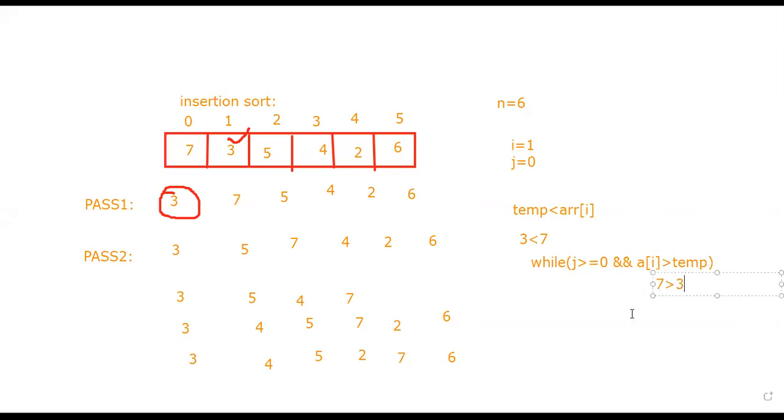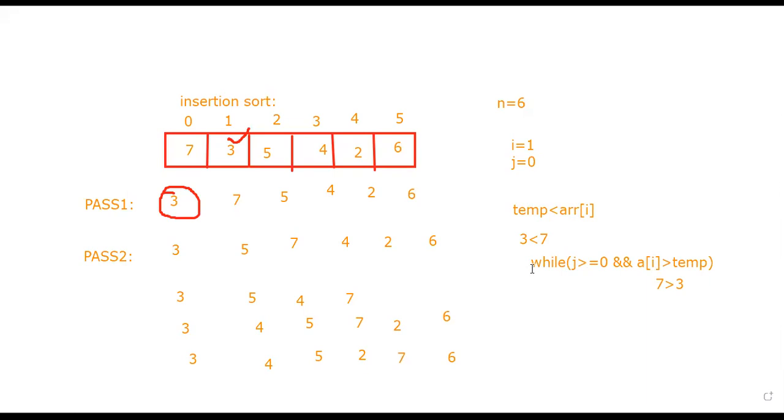Temp value is 3. In everything, the temp value does not change. So temp is 3 only here, and the remaining is 7. This is the A of I. So 7 is greater than 3. You can write the logic here also, likewise here also. You can write this one or that one. Here two greater than will come; here one greater than and one less than. Whichever is compatible and easy for you, you can follow. Not a problem, you can follow any one order.